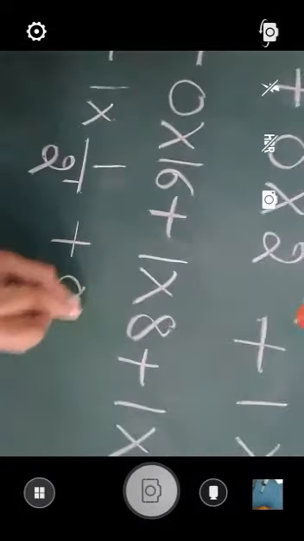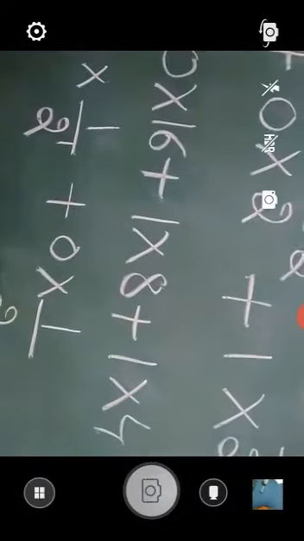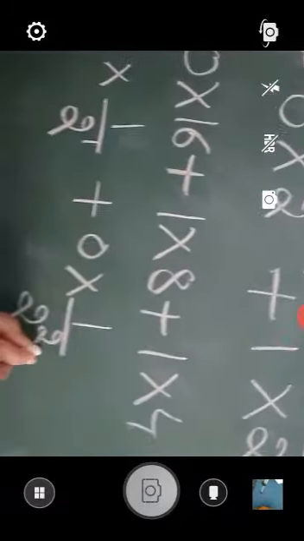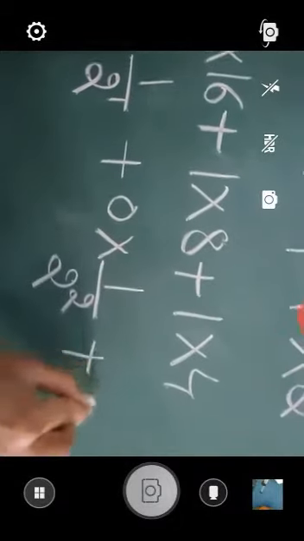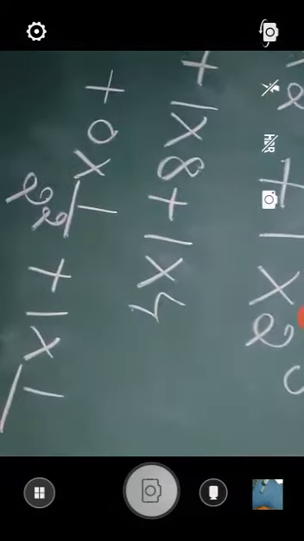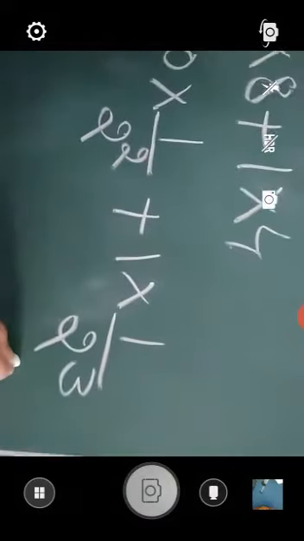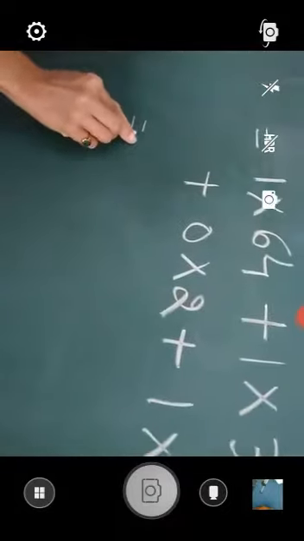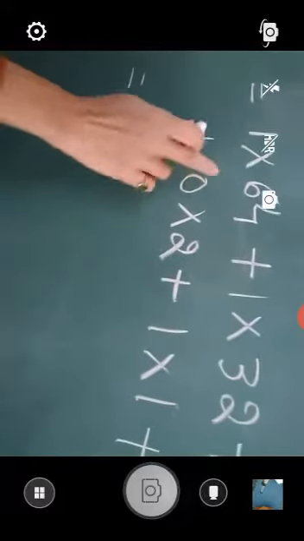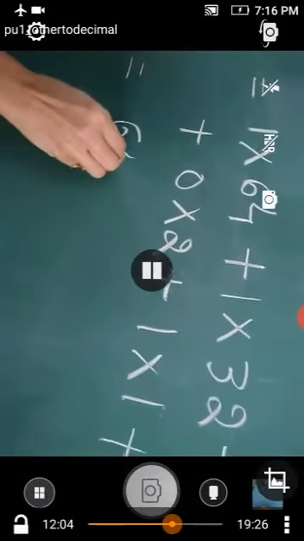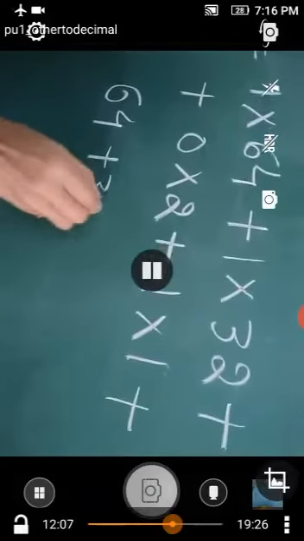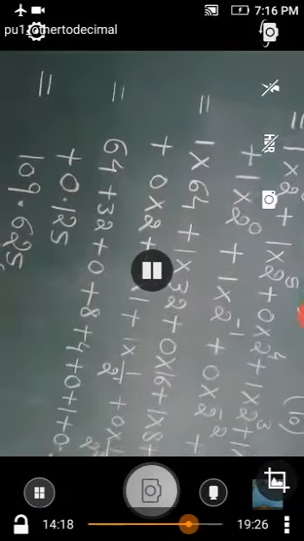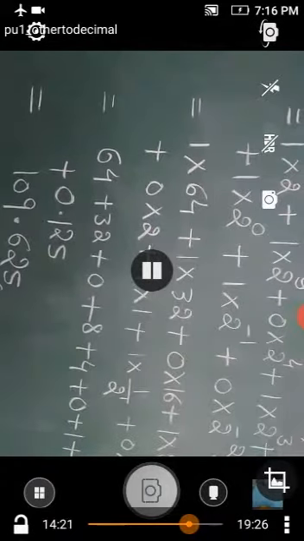2 to the power -1, we cannot find out the value. Hence, we are writing the same equation. We are just rewriting it: 1 upon 2 to the power +1. Similarly, here 1 upon 2 to the power 2. And here 2 to the power 3 I have written. Okay. Now our substitution value will be like this. So finally we get 109.625. Okay, when we substitute the answer.